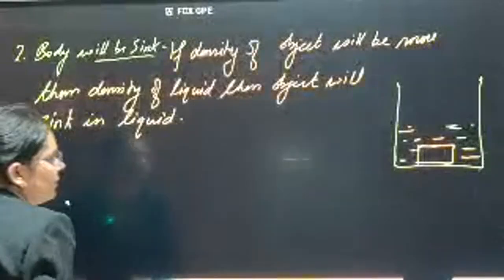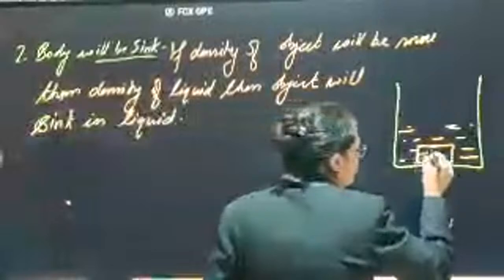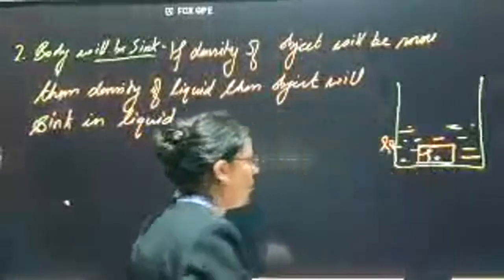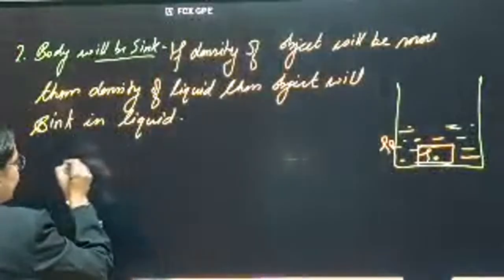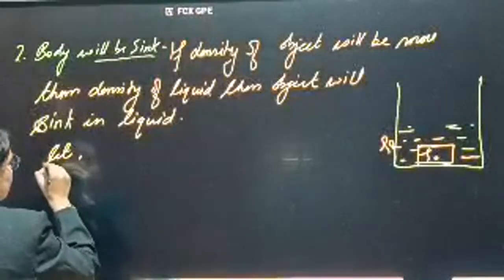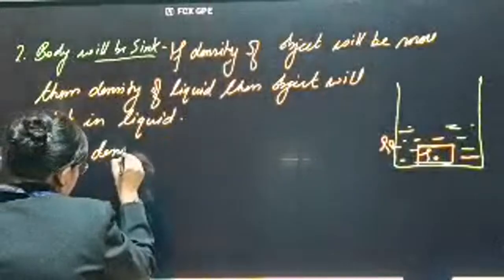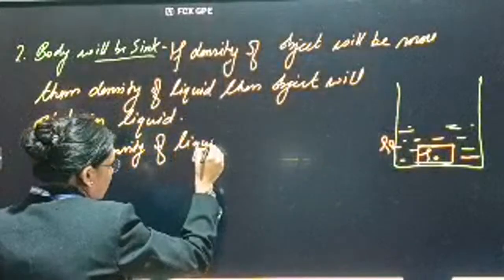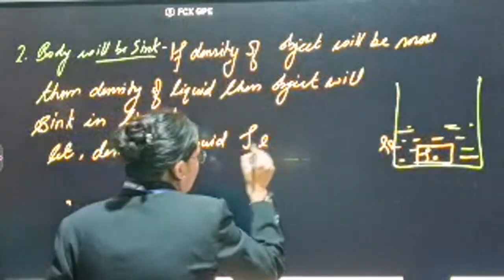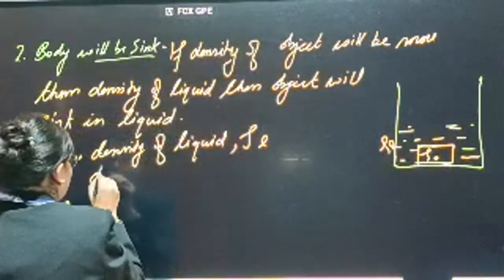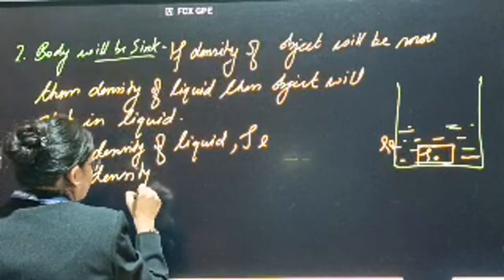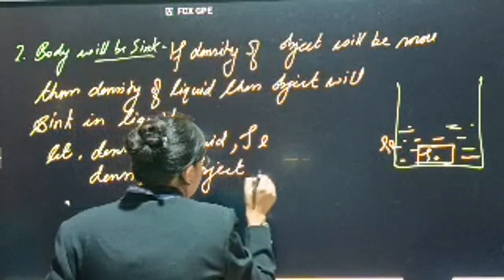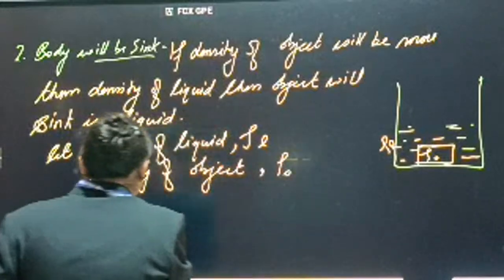So here we can say, if the density of the object is rho O and the density of the liquid we have taken is rho L, let density of liquid be rho L and density of object be rho O, then